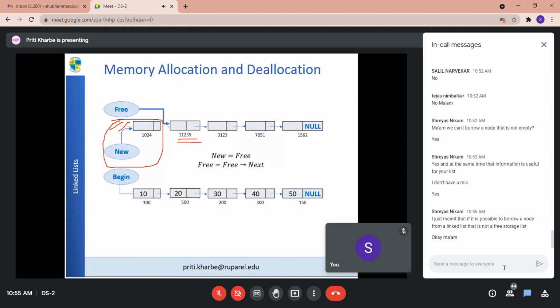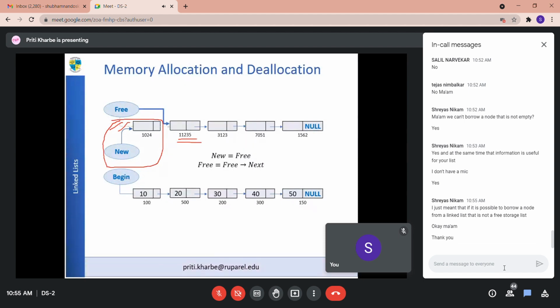But how will you go and search for that particular element? First of all, you have to search, is this element no more required in that list? So you have to traverse and reach up to that particular element, and then you have to do lots of pointer shiftings.